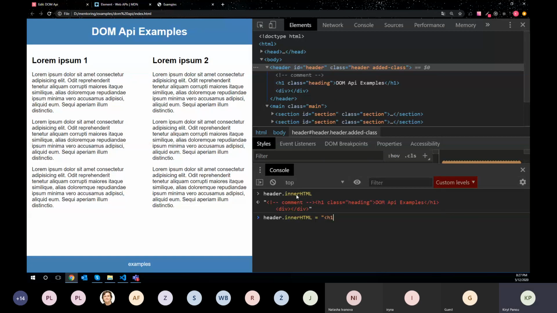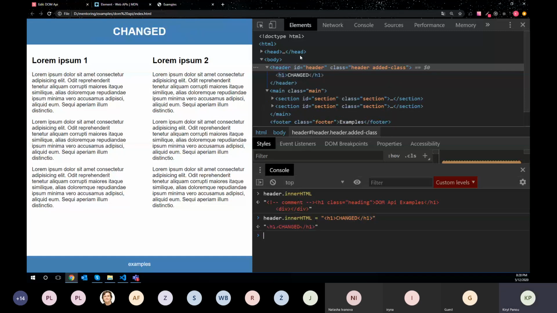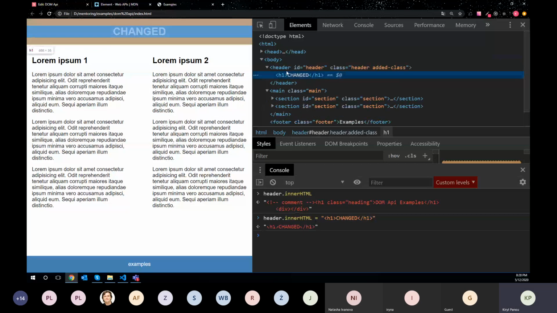let's pass a string here. Let it be changed heading. Look, yeah, here we are. We have changed the inner HTML of a header. So talking about the inner HTML,